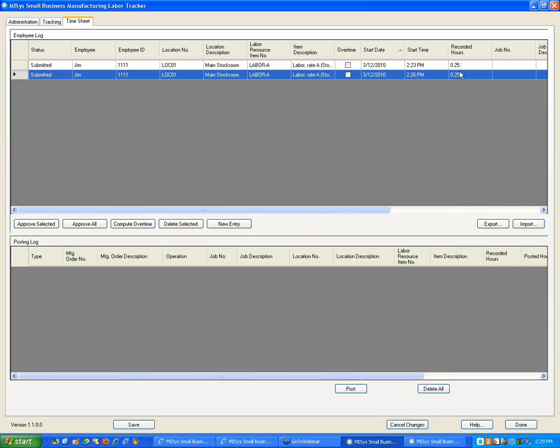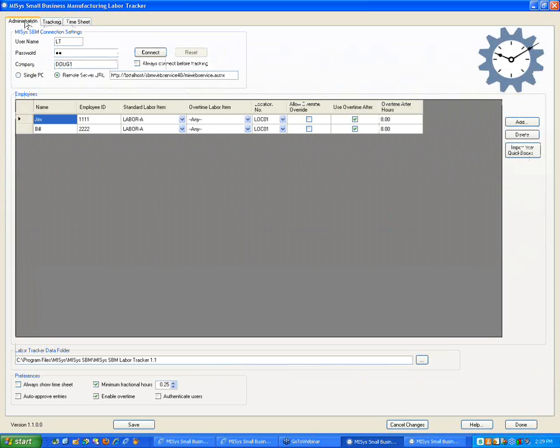Those of you who are paying attention to those clocks, our clocks ran for a minute in some cases, 10 seconds in others. If you don't run for a minute, what you're going to find is it's a mistake. The labor tracker is not going to assume any time because who's really working for a matter of seconds. Once you go over a minute, though, you then kick into the minimum fractional hours, which is a